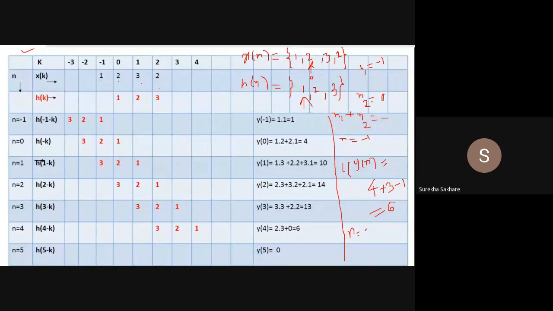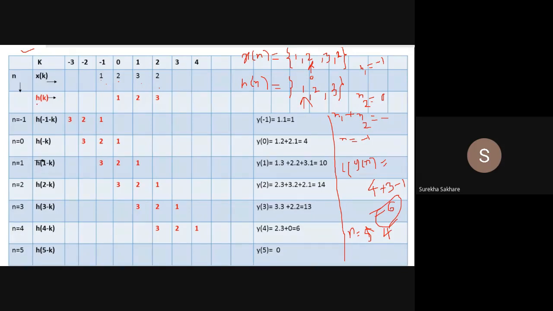I think I am correct. 5 or 4? Probably 4. Is it not? From 0 to 5 it will be 6. But from -1 to 4 it will be 6. If I am going from -1, it will be 4. Okay. So let us see. The length will be 6. Basically, the length will be 6. That is what our understanding is now.